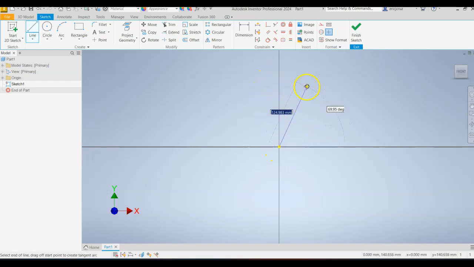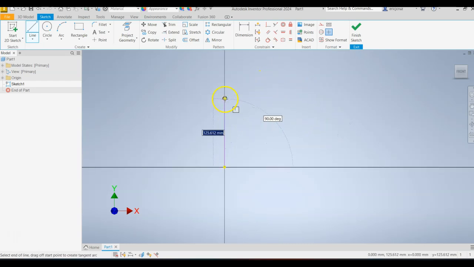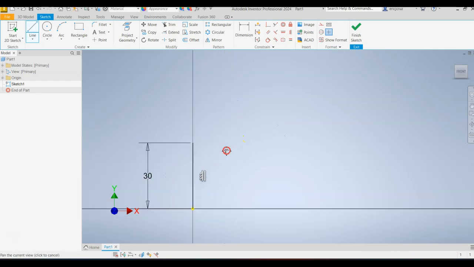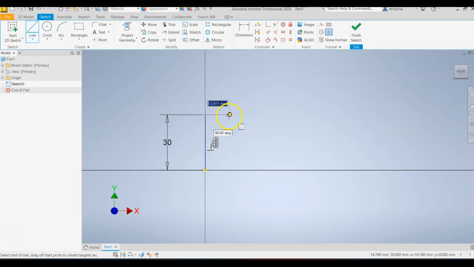You're gonna work through each of these dimensions at the start. So line it up so that it's vertical. You should see that 90-degree angle there. And we're gonna type 30, enter. And zoom in a little bit. And then we're going to go horizontally 90 degrees by another 30. Then go down by 10,